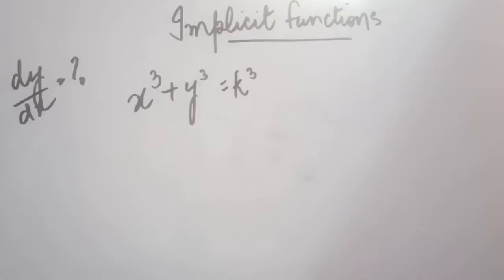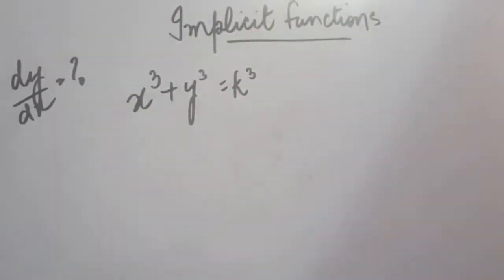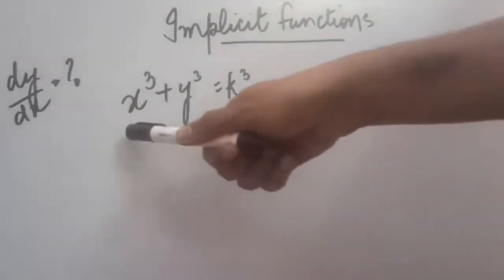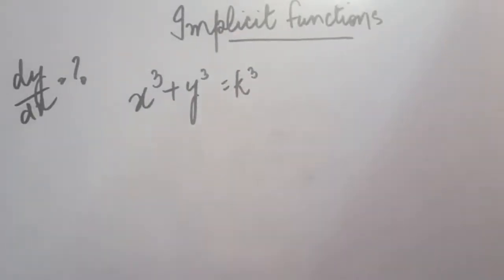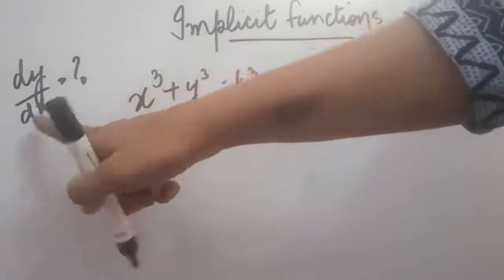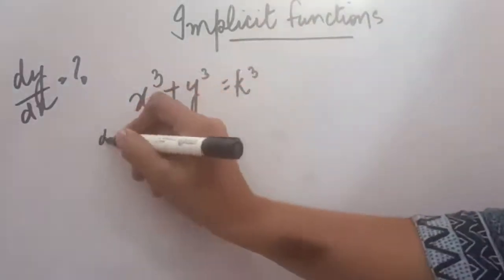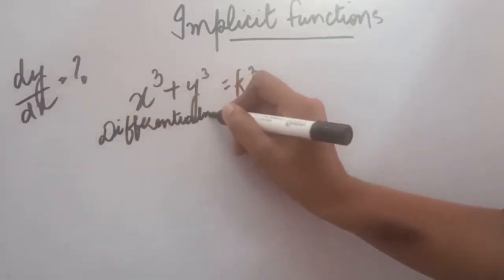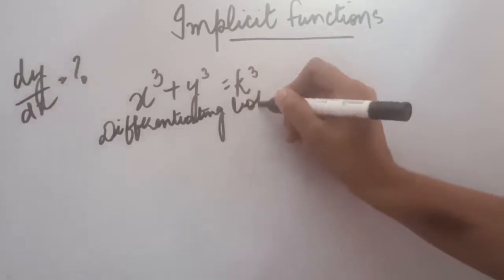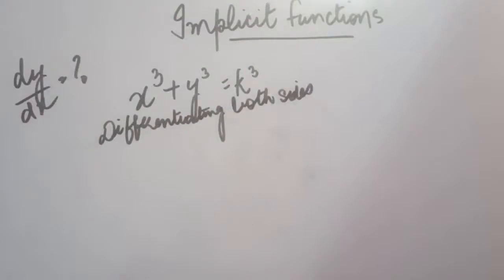Now this is a question where you will be making use of implicit functions. In this question you have been given to calculate dy upon dx, and you will see in the equation both x and y have been included. You have to take the differentiation and come to this conclusion. Now see how we solve such questions. We just take differentiation on both sides, because we have to come to the differentiation answer only.